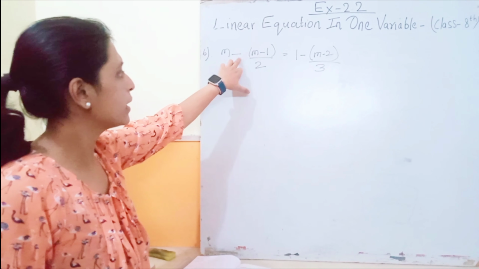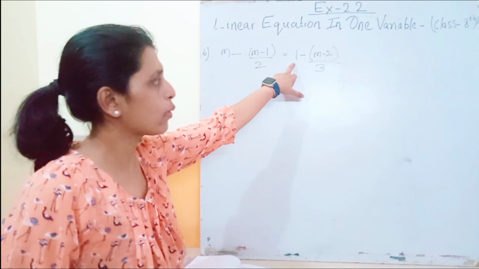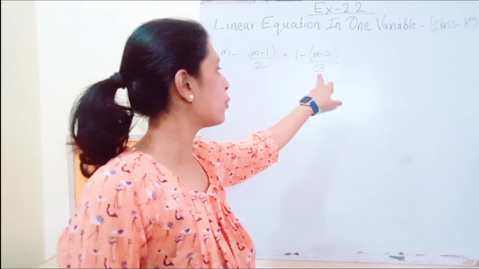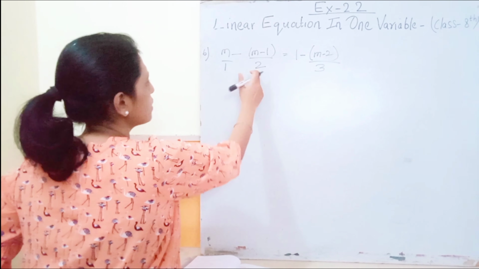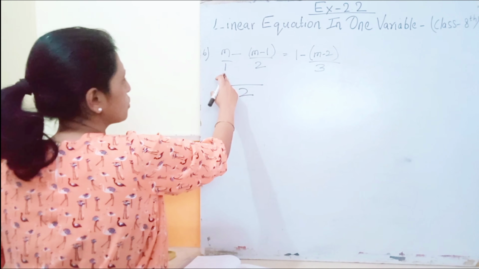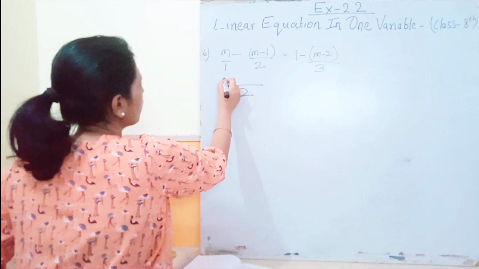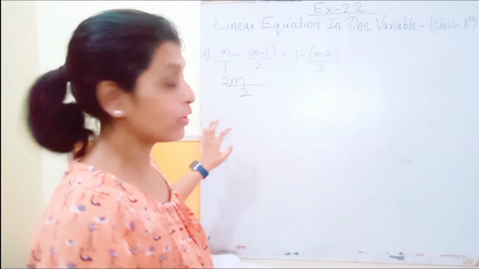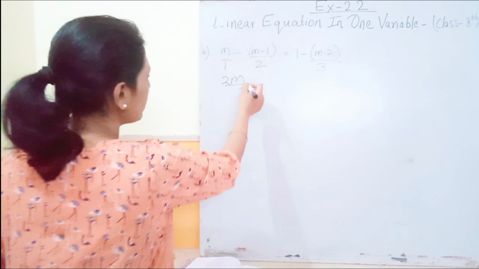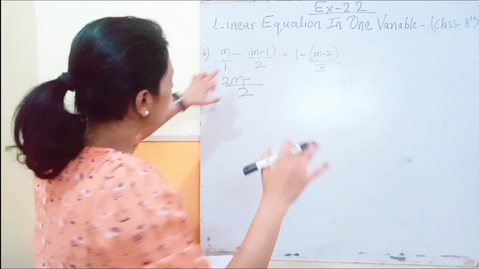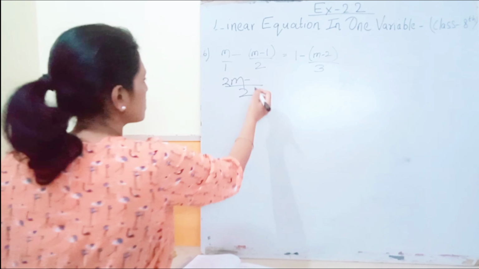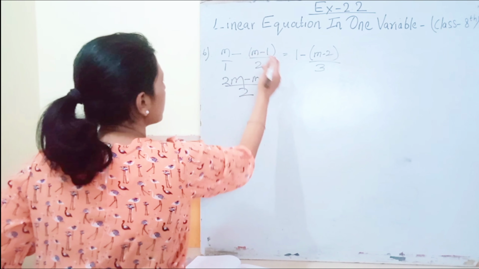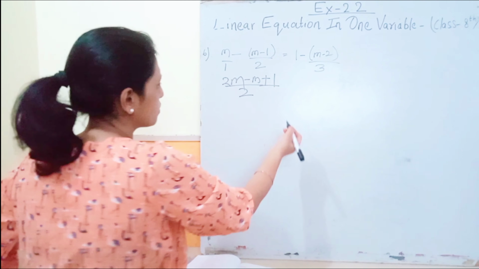Okay, children, I hope you got the explanation. The sixth question is m minus 1 upon 2 is equal to 1 minus in bracket m minus 2 upon 3. Here also, first we are going to simplify. So 1 and 2's LCM is 2. In 1's table 2 comes twice, so 2 will be multiplied in the numerator and it will become 2m, minus, when the bracket opens, the plus will become minus and the minus will become plus, so this will be minus m, and minus minus plus, so this will become plus 1, is equal to,